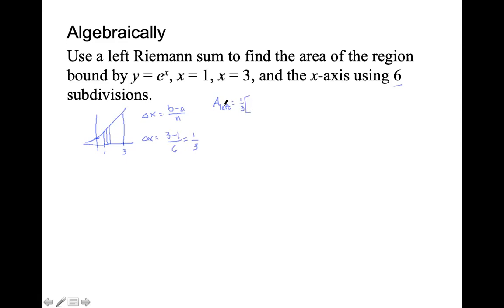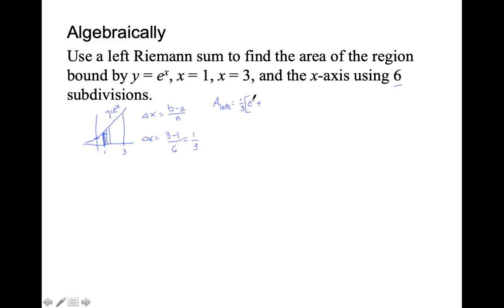Now, I'm using my left endpoint here to find the height of this first rectangle. So the height of the rectangle is the value that we get when we put 1 into this function. This is y equals e to the x. So the height of the rectangle is the same as e to the first. So we have, in this case, e to the first for our first rectangle, plus,